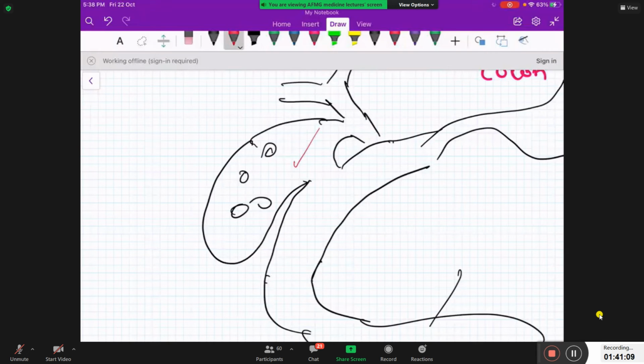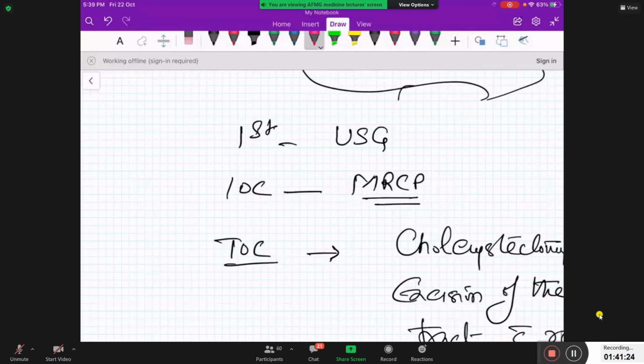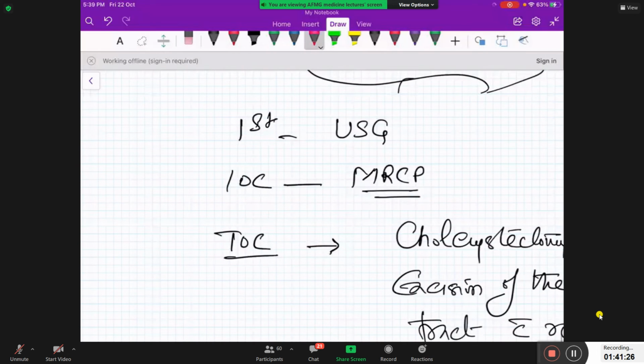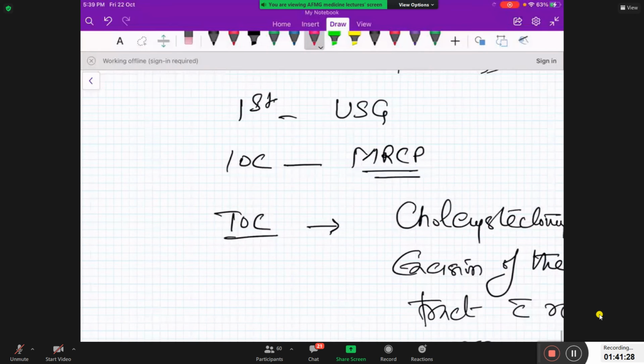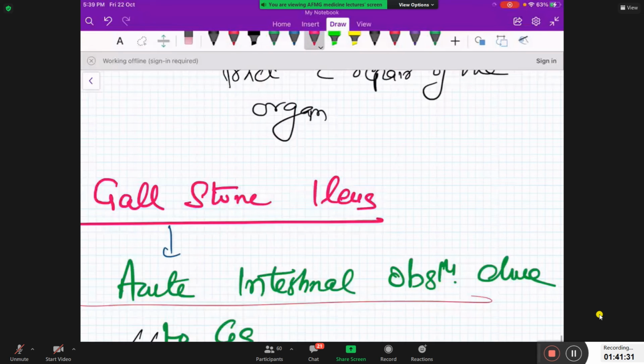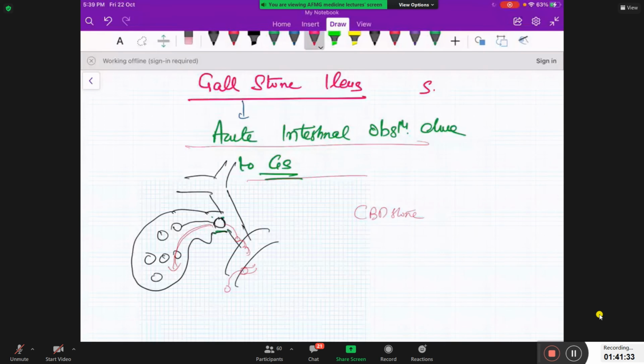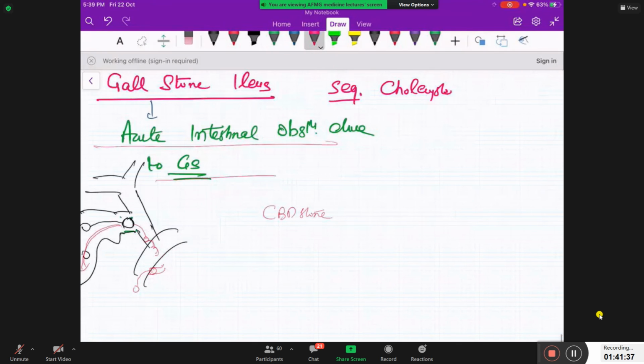If the patient has a cholecystoenteric fistula, the big stone can come out of this fistula depending on how big the communication is. So when there is a big communication, the big stone may come out, and when this big stone comes out, it may obstruct the lumen of the intestine. So what I am trying to convey through this is gallstone ileus is always a sequela of cholecystoenteric fistula,